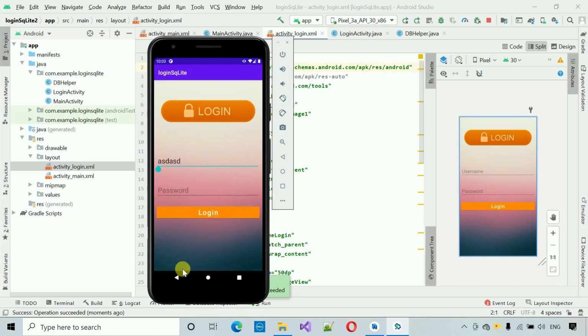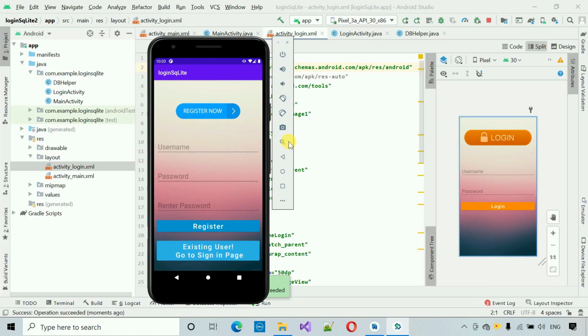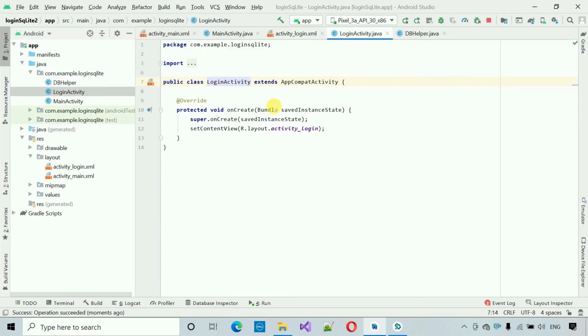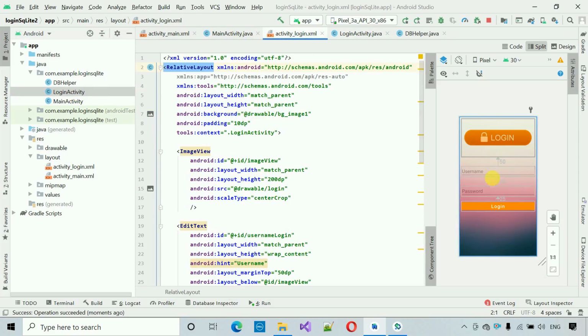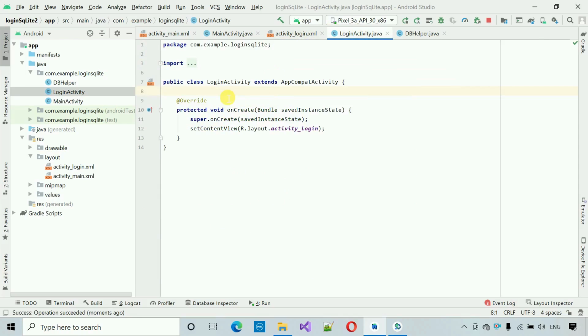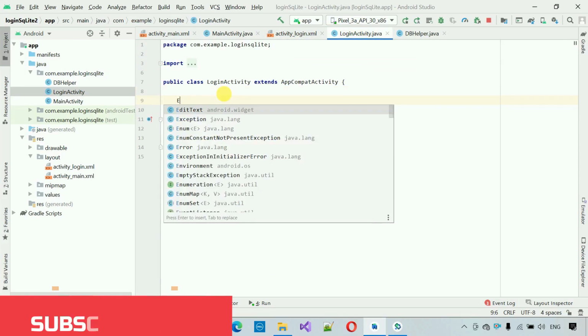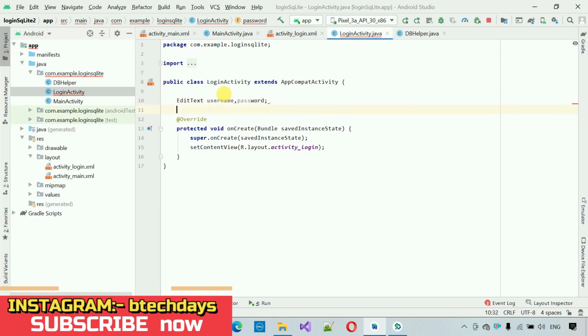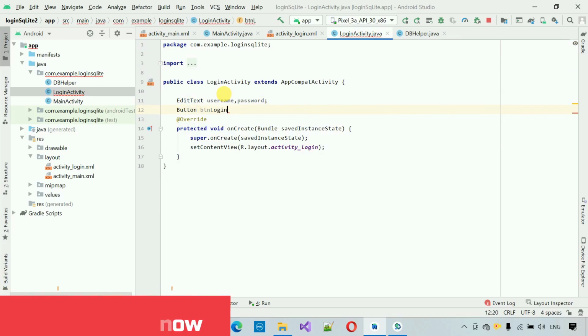Okay, so now the next thing we have to do is move back to login activity. Double click on this. Inside this one we have to register first all these buttons and edit text boxes. So over here first thing we have to write is edit text username, and the second will be password, and we have one button, so button, and this is btn login,